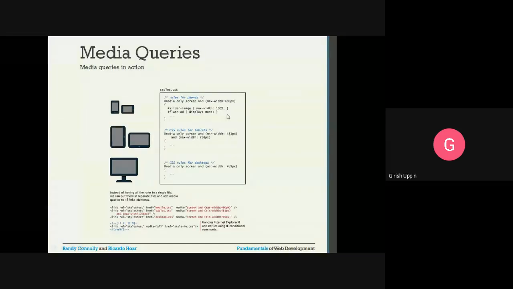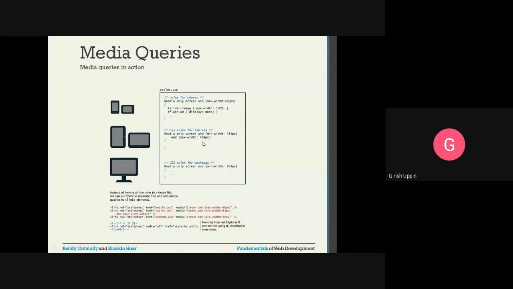481. Up to 480 pixel, this rule will be applied, and from 481 pixel to 768 pixel, the screens having 481 to 768 pixel will be applied with these CSS rules. So these CSS rules are more suitable for having a width greater than 481 and lesser than 768.